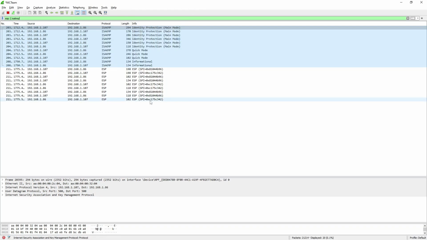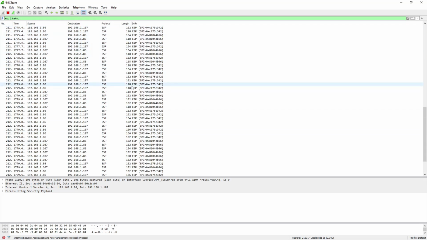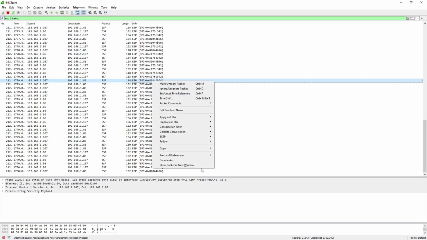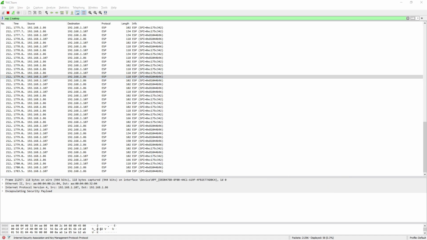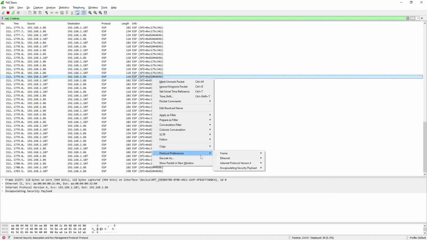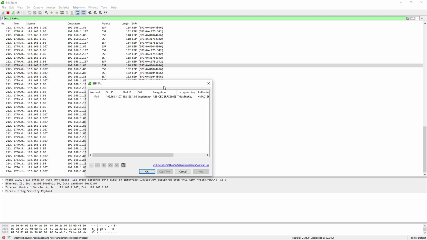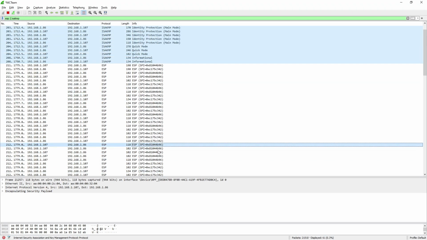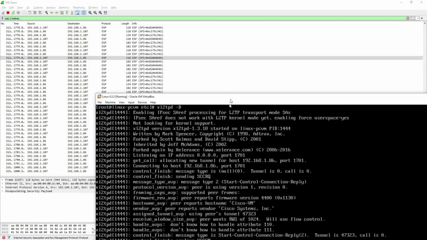xl2tpd -D, but the packets are opaque. Even though we know what the security key is, this is the key, and you can come to protocol preferences, encapsulating security payload. Not there, sorry. Come over here, and you can just punch in a security association, but sometimes it doesn't work. Most of the time it doesn't work. It's very finicky to try to plug it in and get it to work, but we are